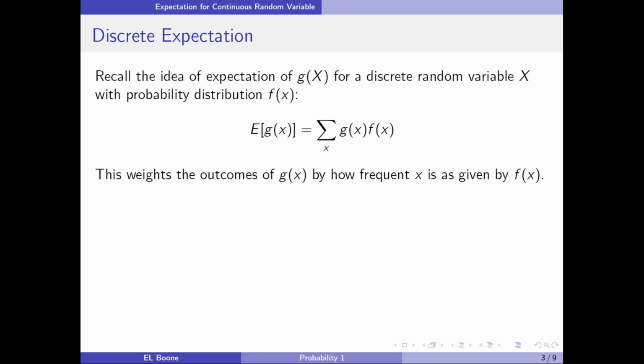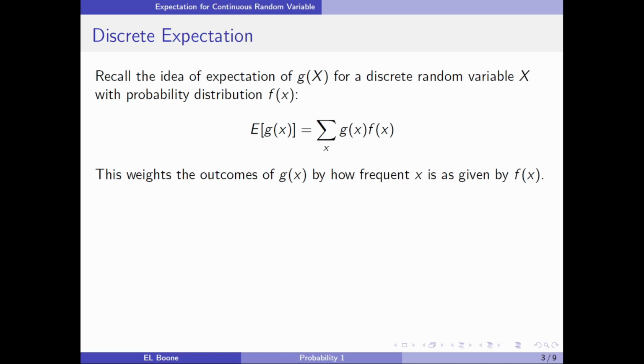So if you remember, we did expectation under the discrete setting. If you haven't watched that video yet, you should probably go watch it to get a hang of what we're doing here. The idea is we're going to find the expectation of some function g of x, which is a function of our discrete random variable here, and we have a probability distribution that goes along with this. So we're interested in the expectation, and here's the formula we got before.